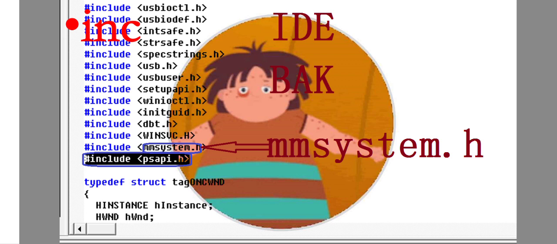Let's include this file. IDE. You can see system period H. In the former lesson, we have started to use this header to close the door of CD-ROM. Now let's include